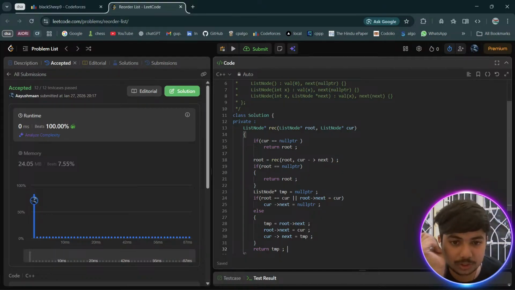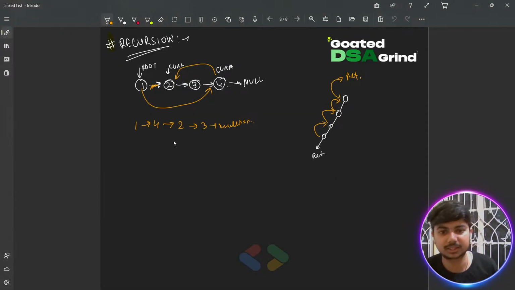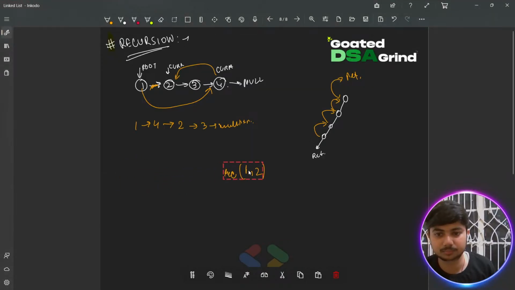Now root is equals to rec of root and current connects, ठीक है। तो हमने क्या किया था, हमने फिलहाल भेजा था 1 और 2, ठीक है, रेक में। हाँ, ये पहला कॉल है, इसको यहाँ पे बनाओ, ये पहला कॉल हुआ।